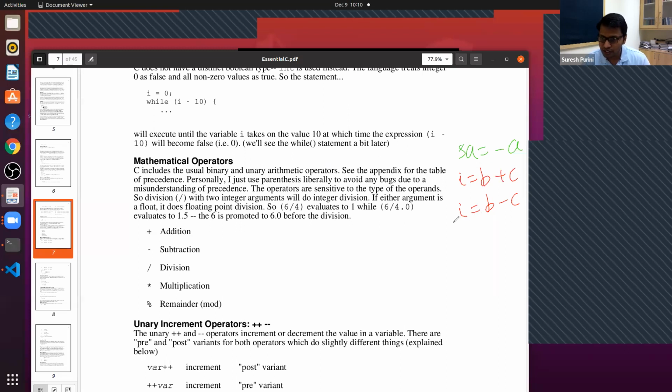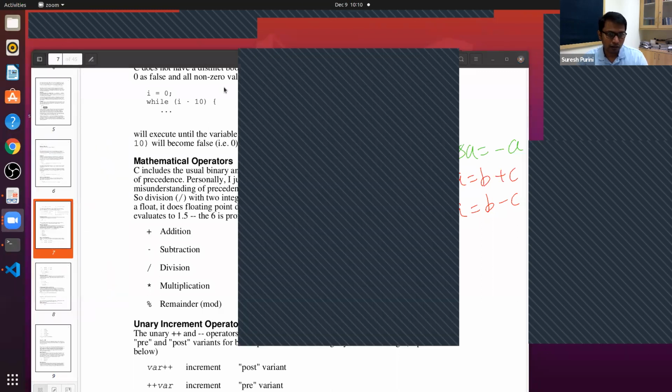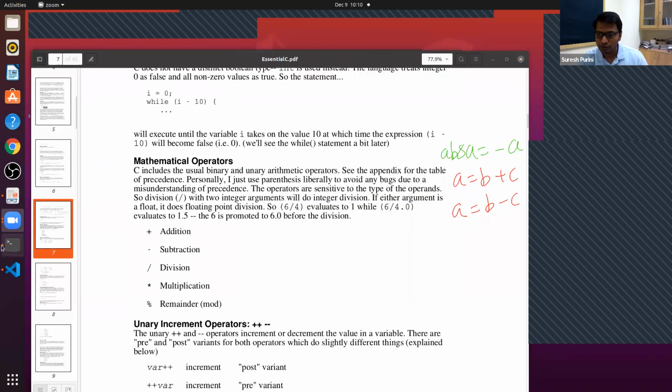Similarly, division operation. Oh, you're not able to see the problem. Sorry. Yeah, it should be. Yeah, so addition is a binary operator; division, multiplication, remainder, these are all binary operators.